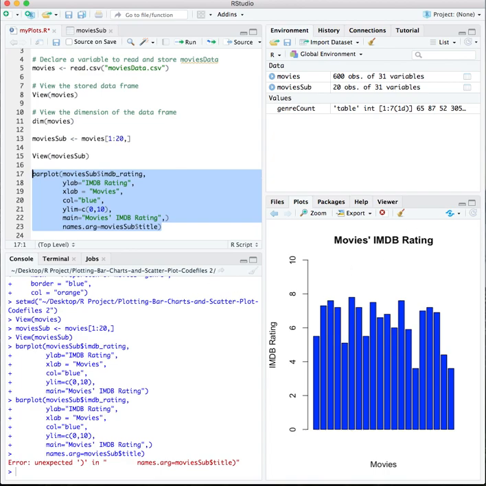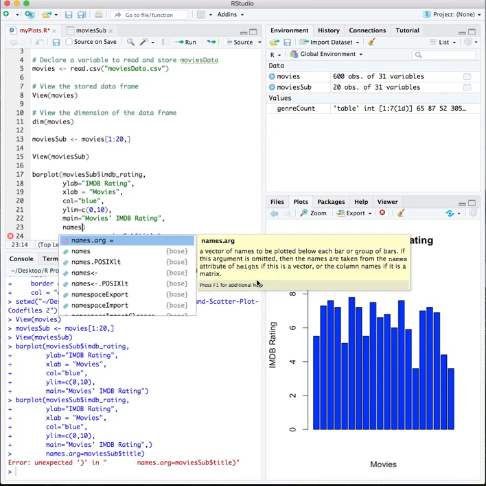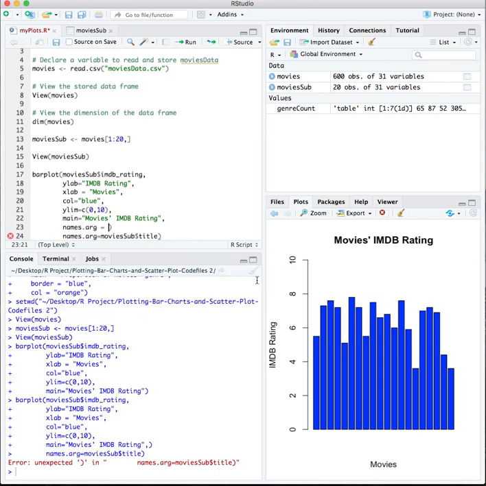Names.arg. Just a minute, some error. Wait a minute. Movies names.arg is equal to movies sub dollar, which variable?